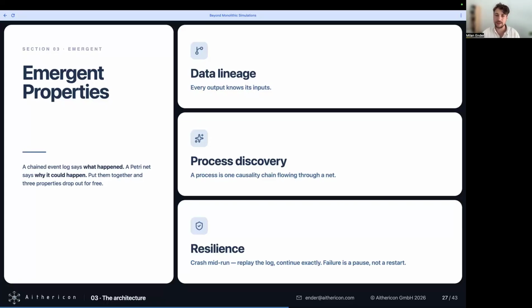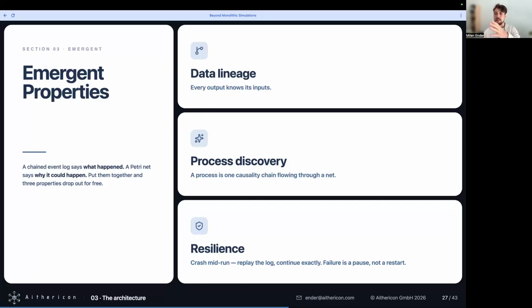Another nice thing is that, continuing on this train of thought, we can easily see how we can automatically also discover processes by just looking at tokens that are basically seed tokens or start tokens. And then this is a new process, and every token that comes afterwards as a transformation of that can link back to the start token.